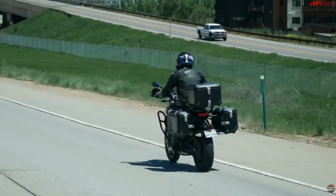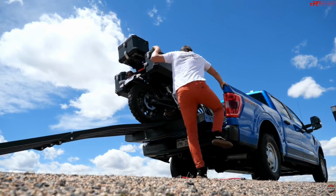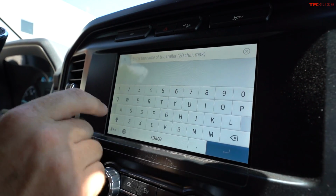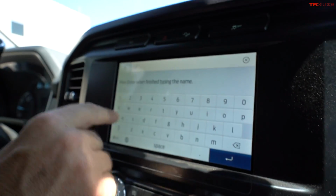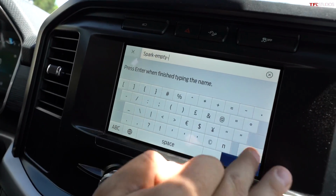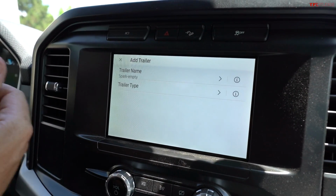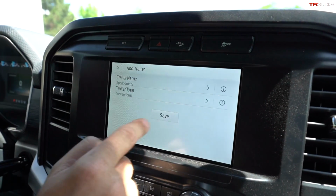So I need to track my fuel efficiency in a little bit better way. So you guys asked for this last time, so let's do this and track it. So this will be, I'll call it Spark. And this is going to be on the way out. I can do another setup once the Chevy Spark is on the trailer, and it will show us exactly what